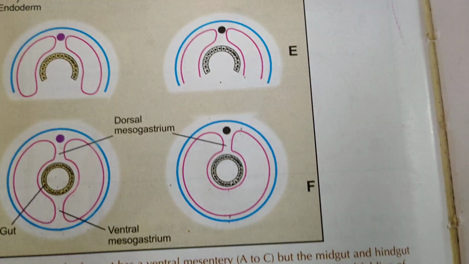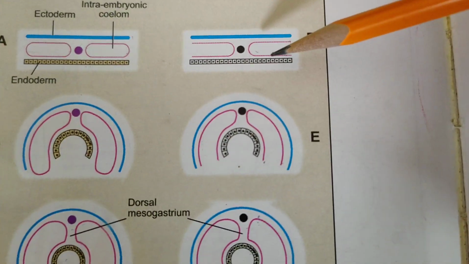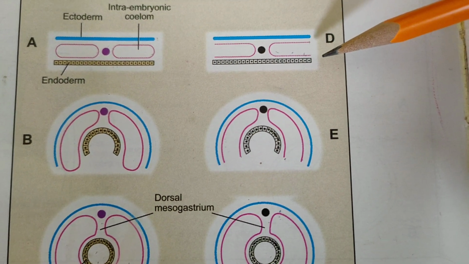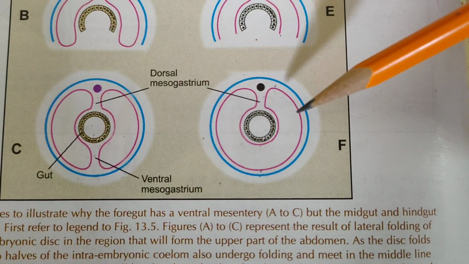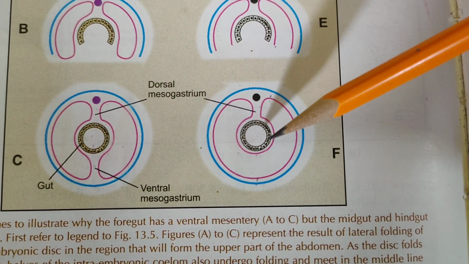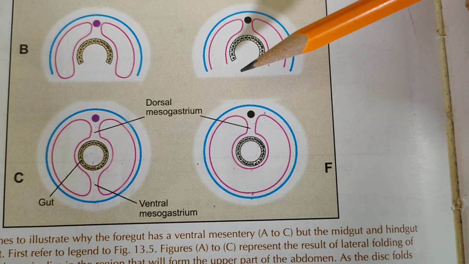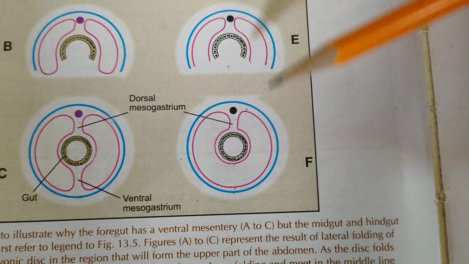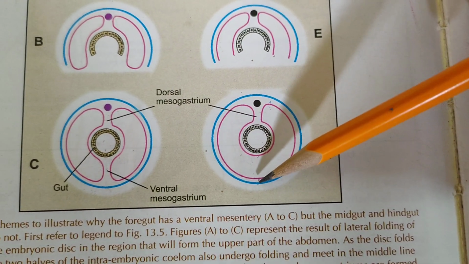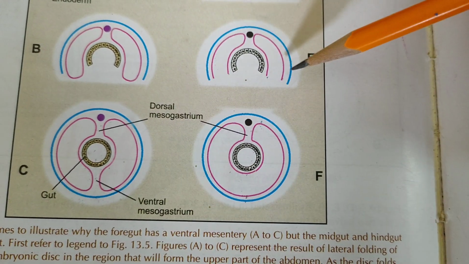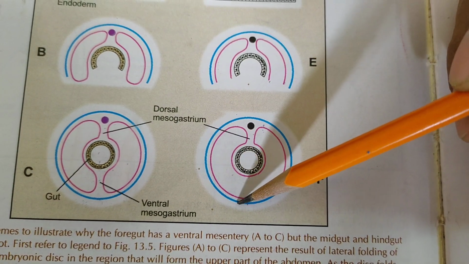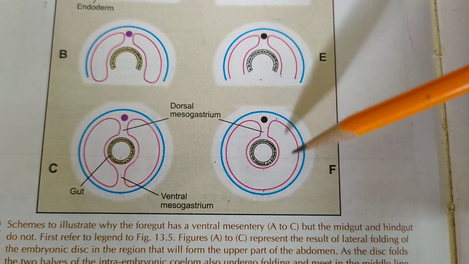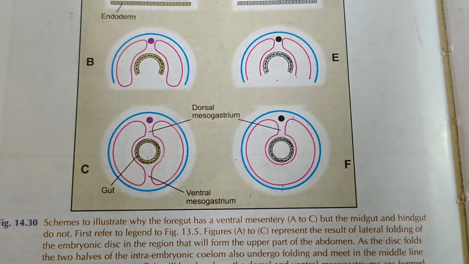In this diagram, this is the caudal section of the trilaminar germ disc, where the intraembryonic coelom is opening laterally. At the end of the lateral folding, the endoderm will meet with the endoderm. The splanchnic mesoderm will meet with the splanchnic, forming the visceral peritoneum, and the somatopleuric mesoderm will meet with the opposite somatopleuric, forming the parietal peritoneum. This blue ectoderm will meet with the opposite half, forming the body wall. So this is the cross section of the trilaminar germ disc at the end of the lateral folding.